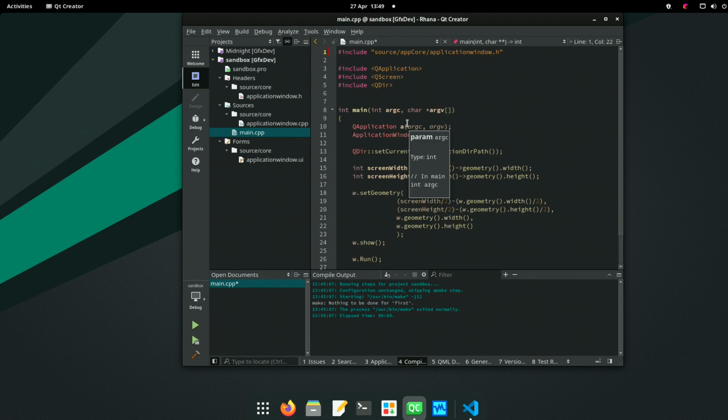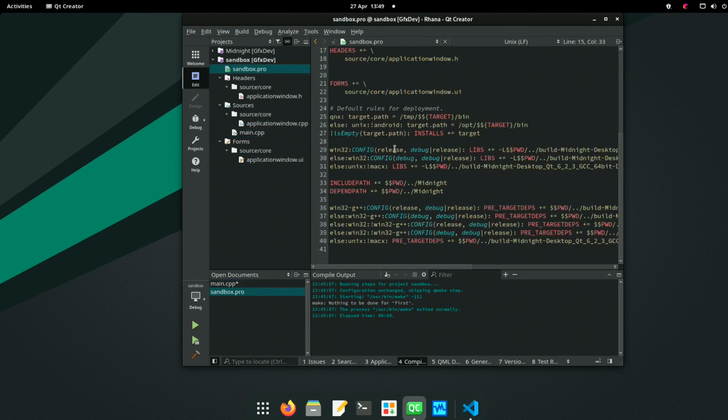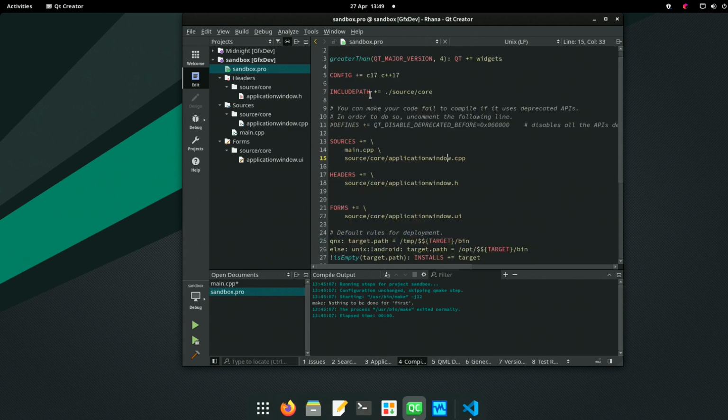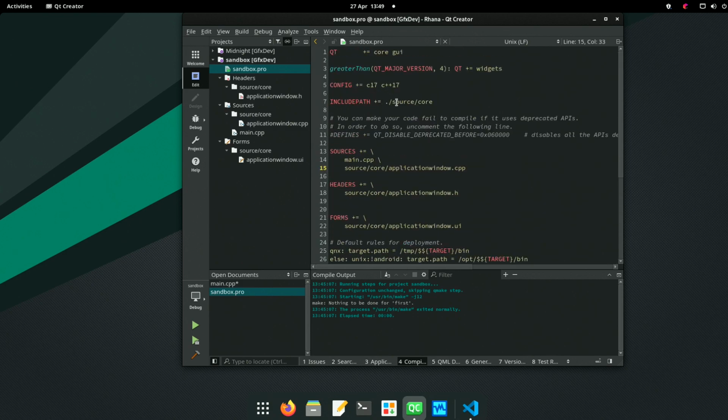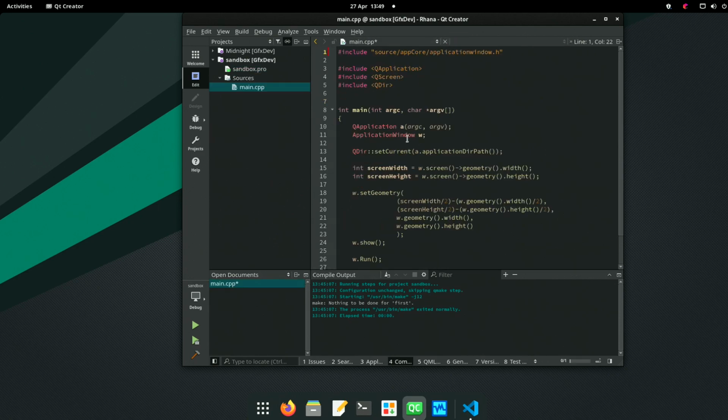That's the first one. The next one is in your profile. No, it's at the top. We want our hack. Okay. That's so that we can use the UI file from down there.